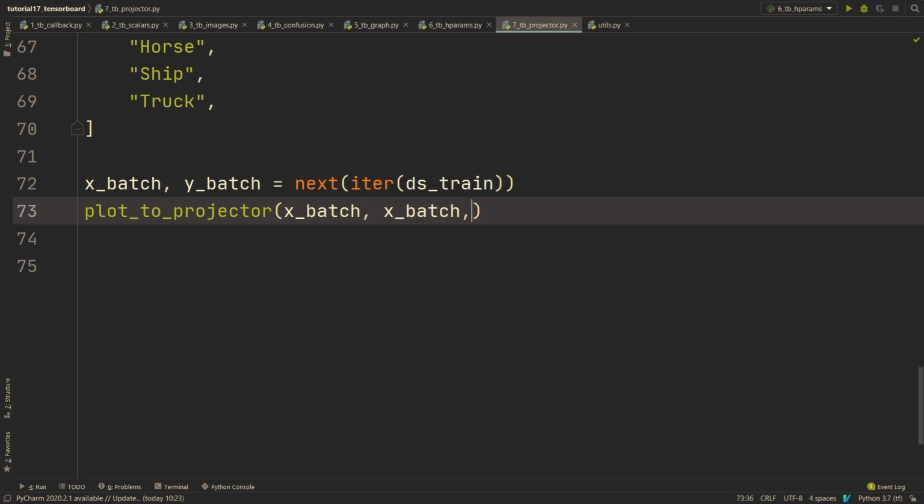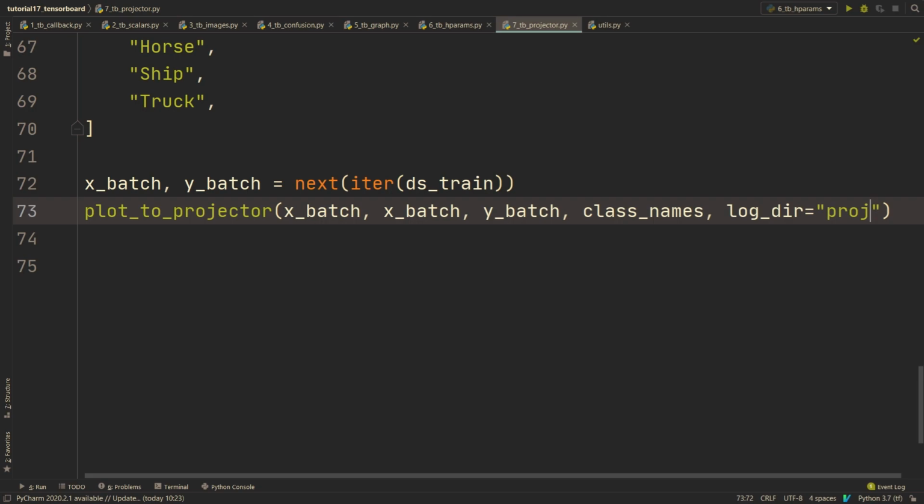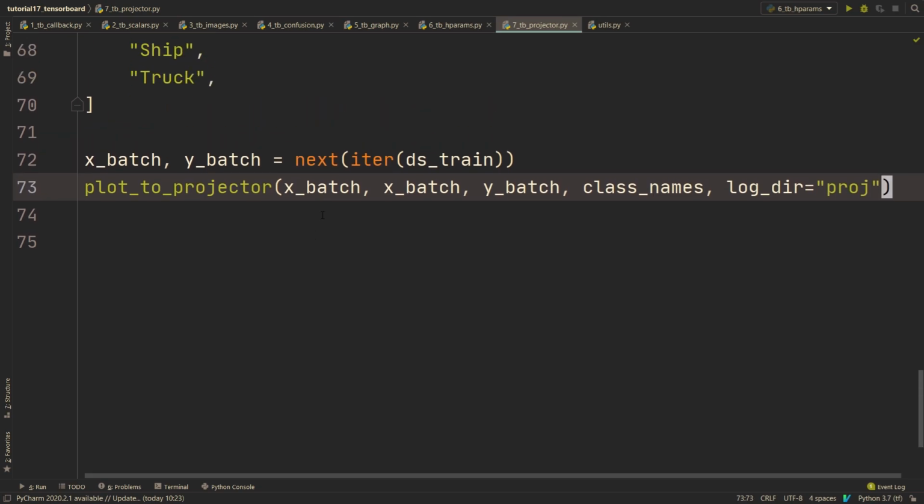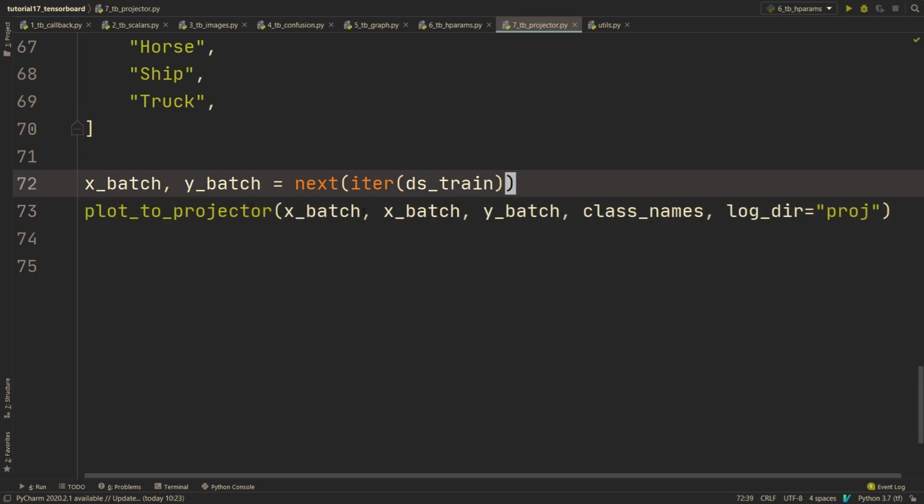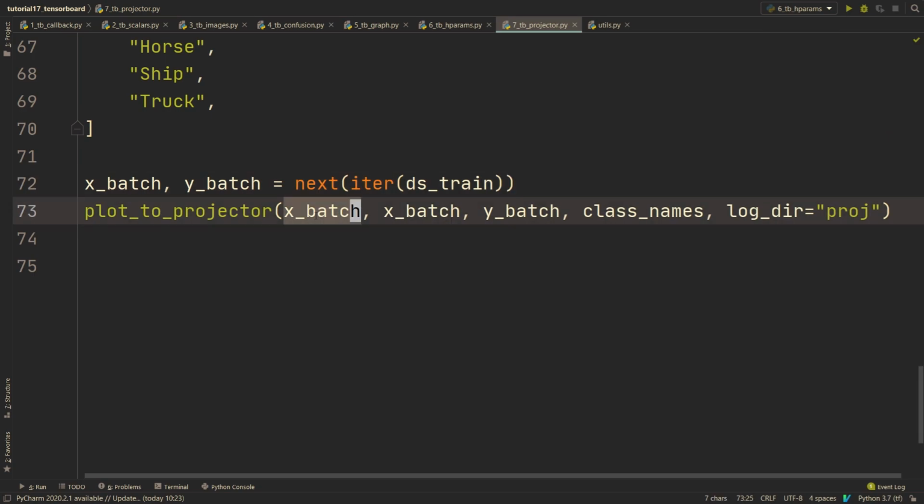I'm going to explain this in a second. And then we're going to send in Y batch. We're going to send in class names. We're also going to send in some log directory. We're just going to call it proj, like that, projector. And so why we're sending in xbatch 2 times here is because this function we're going to create is going